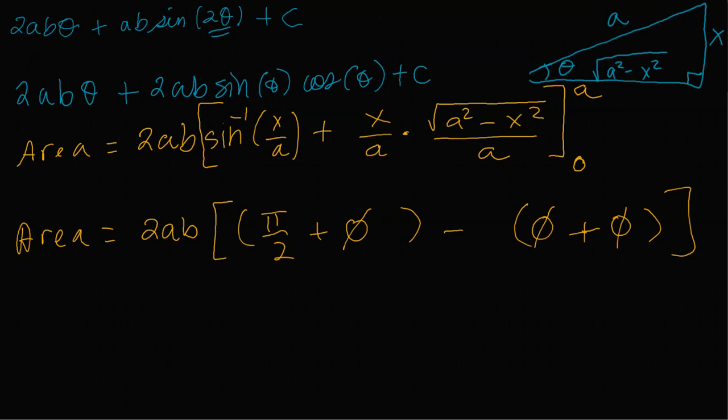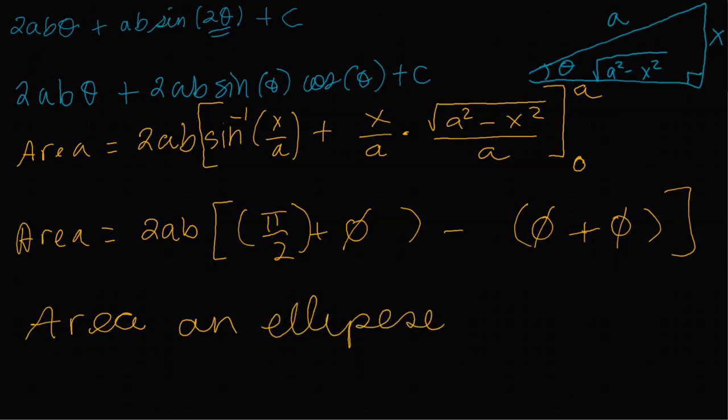So really all we have is pi over 2 multiplied to 2ab. So the area of an ellipse, the 2 cancels with 2, you would have pi multiplied by AB, where A